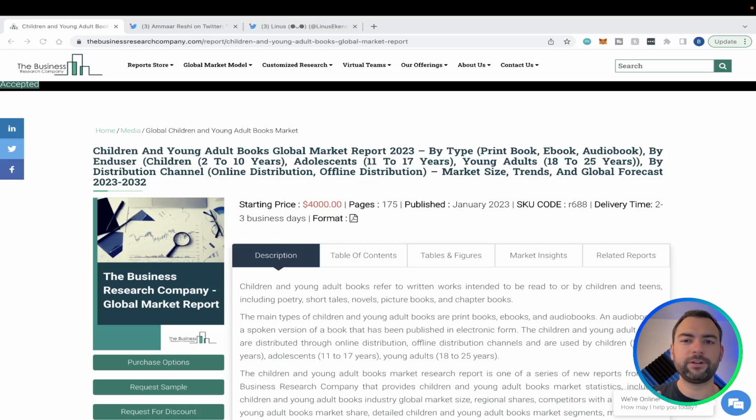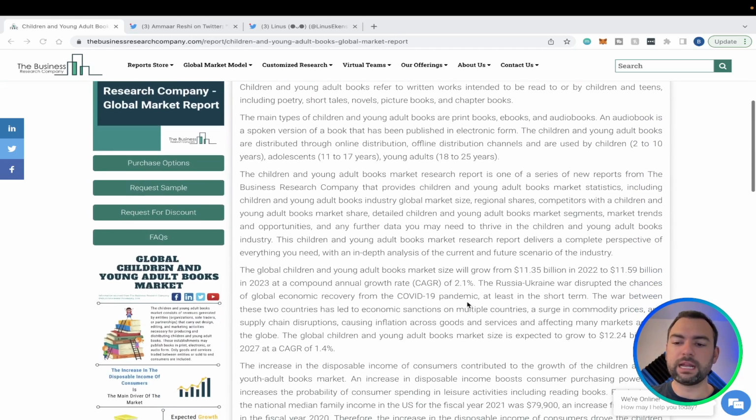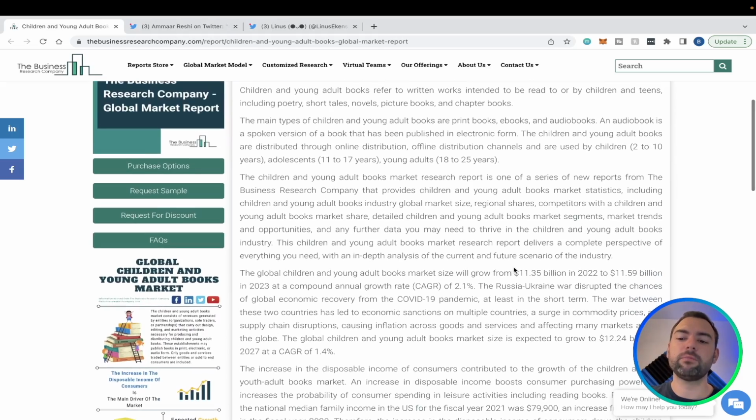All right, let's get down to the fun stuff and talk about how this idea can start to make you money. So first, I want to start looking big picture and then start narrowing down into how this idea has already been validated in the market. So looking macro, the children's and young adult book market is about an $11.3 billion market, which is huge, and